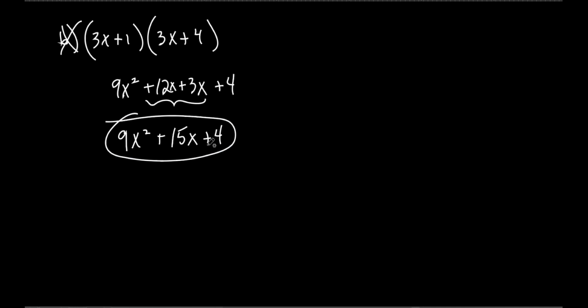Now, if you wanted to put it in a different order, I wouldn't mark it wrong, but you always put it in descending order. Notice it is in descending order. The x squared goes first, then the x, then the constant. All right, let's do one